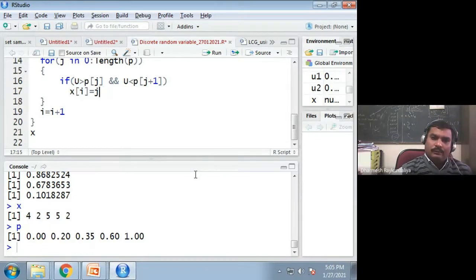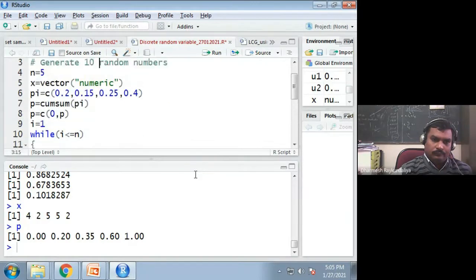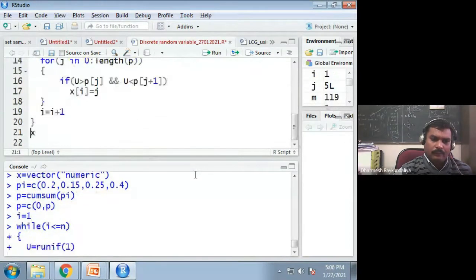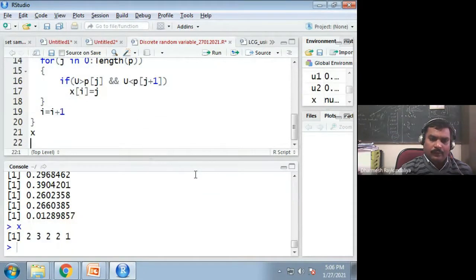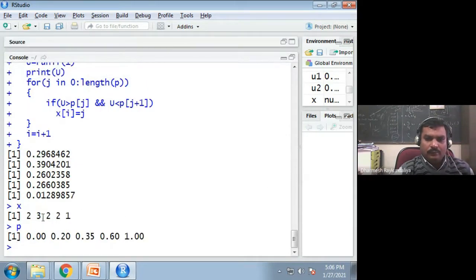Here, instead of j, I give i. Okay, now it will give. Or I have to subtract 1, minus 1 every time. You can verify it. What is that? 0.29. 0.29 is less than 0.35. So its position is, we will forget this, so it is 1 and 2. So it is my second number generated because I have given j. Otherwise I have to write k plus 1 and then minus 1.